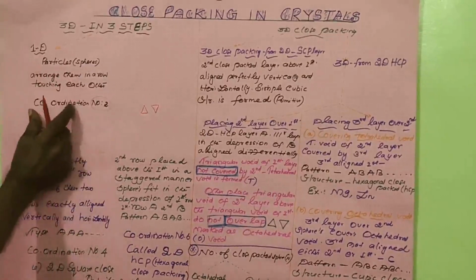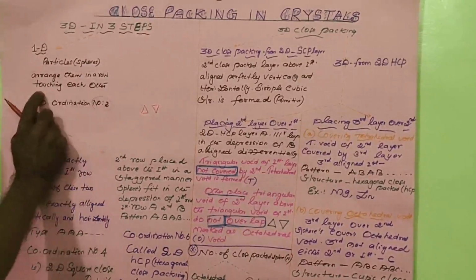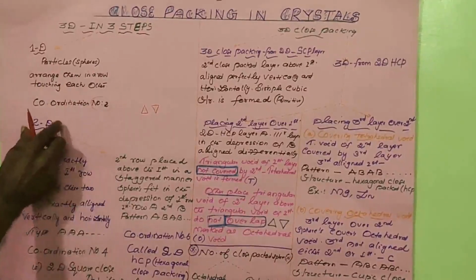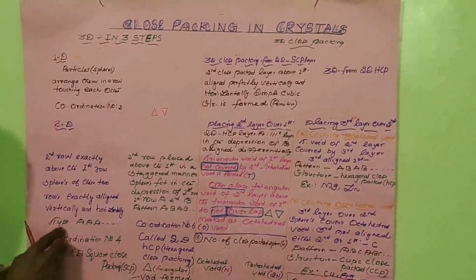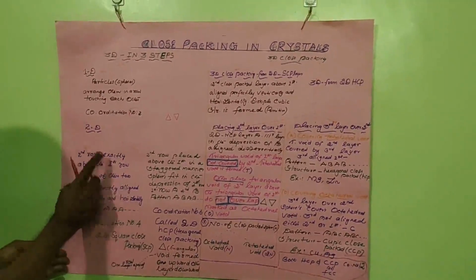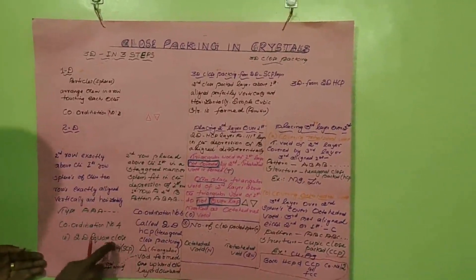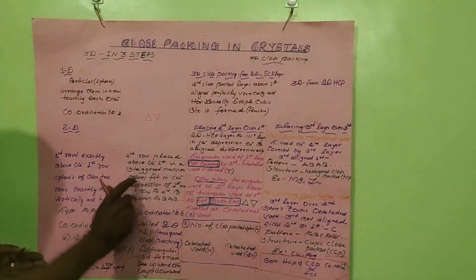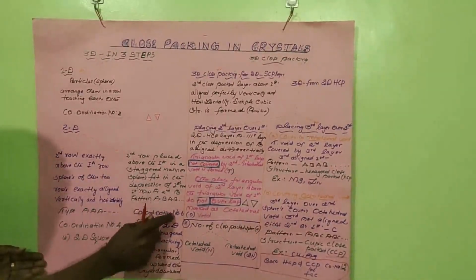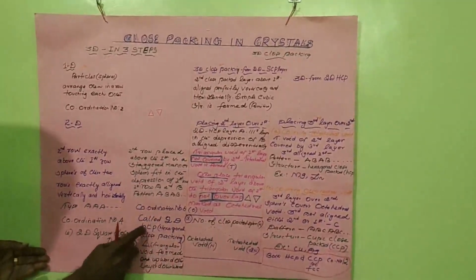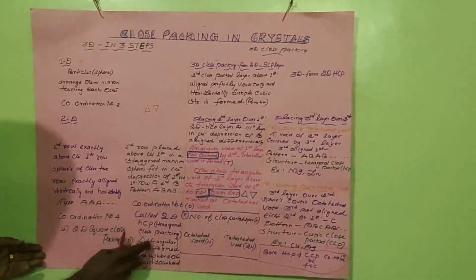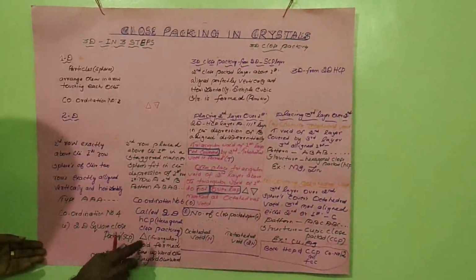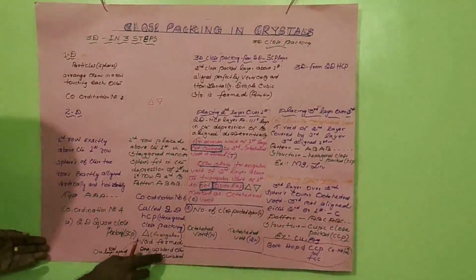1D, that is coordination number 2. The particles arrange themselves in rows. From the 1D, 2D is obtained. So in 2D we get AA type, one layer over other, coordination number 4, square close packing. That is staggered: the second layer goes into the depression. Coordination number 6, called 2D hexagonal close packing. Here in the void, the empty space, a triangular void is formed. There are two types of triangular void: one layer apex upward, another layer apex downward.